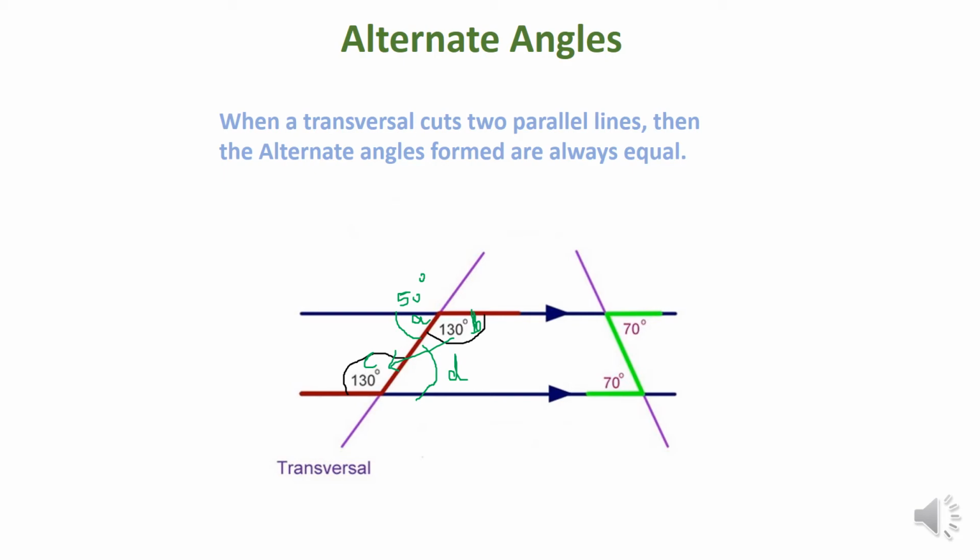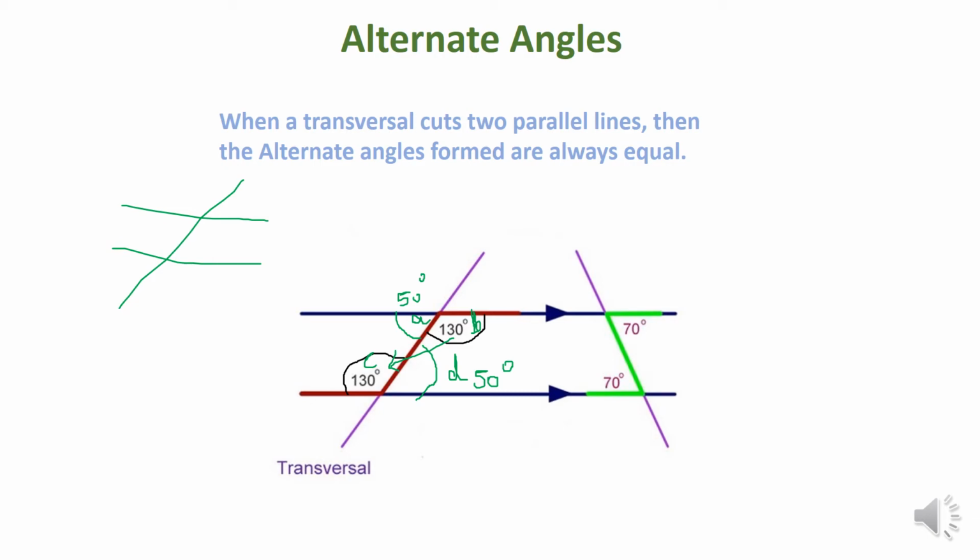Angle D will also be 50 degrees because it's alternate. Okay, so we learned two things about a transversal. When a transversal cuts two parallel lines, I'm going to demonstrate again. When a transversal cuts two parallel lines, we notice that two things happen. We learned about two things so far. Okay, we learned that